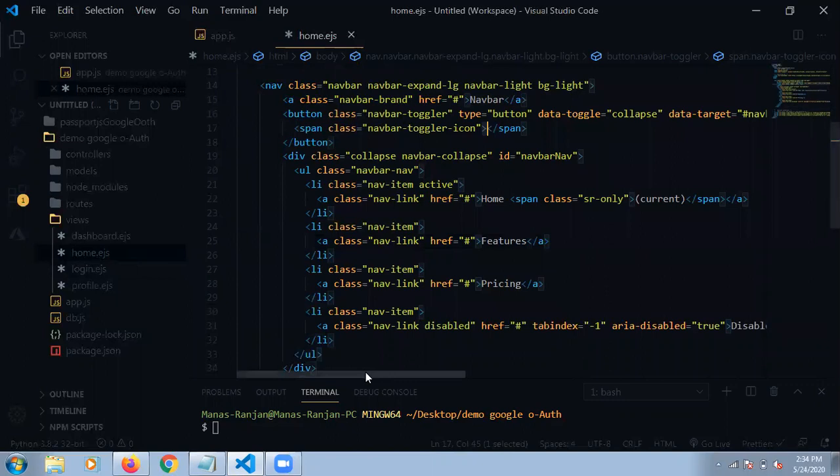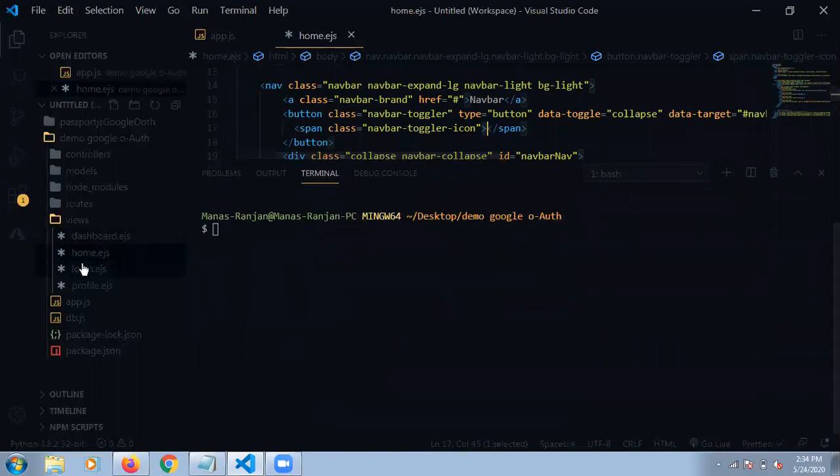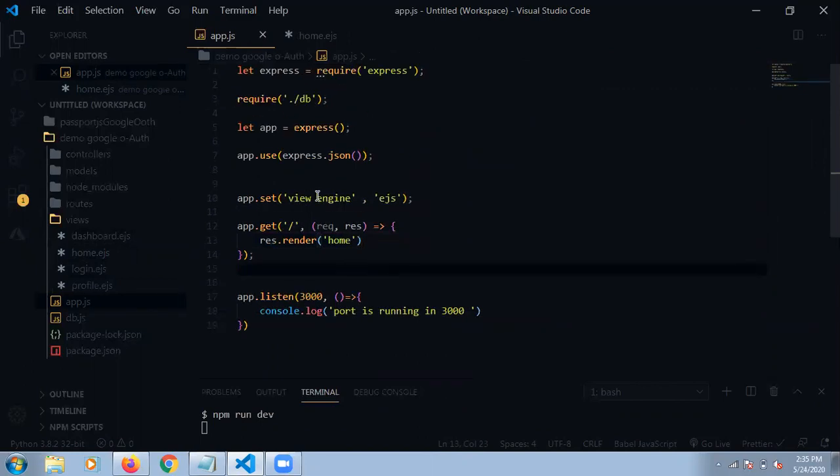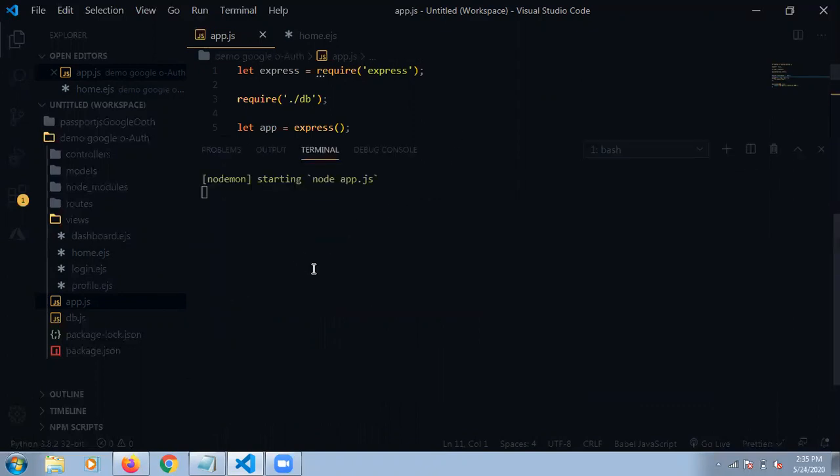We already know, but I will show you whether this application is working or not. I am running my application with npm run dev. Just one minute, our application is going to run. Our home page is already what we mentioned there. This is the home route, and in this route the home page is going to render. Already mentioned, this is the EJS file and this is our view engine, which is already set up. Everything is fine.